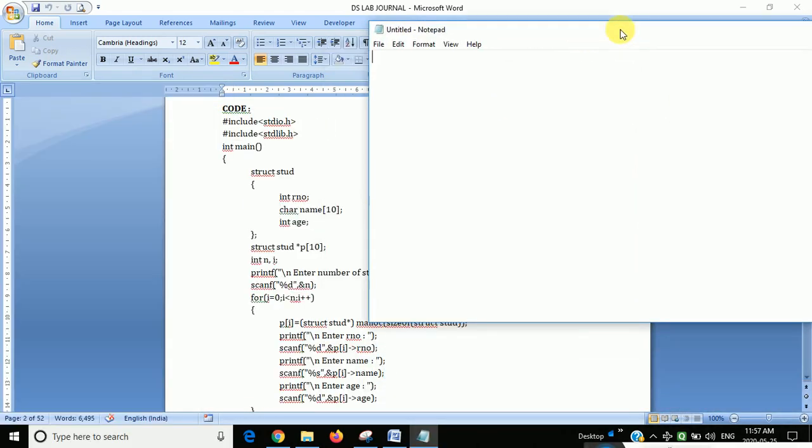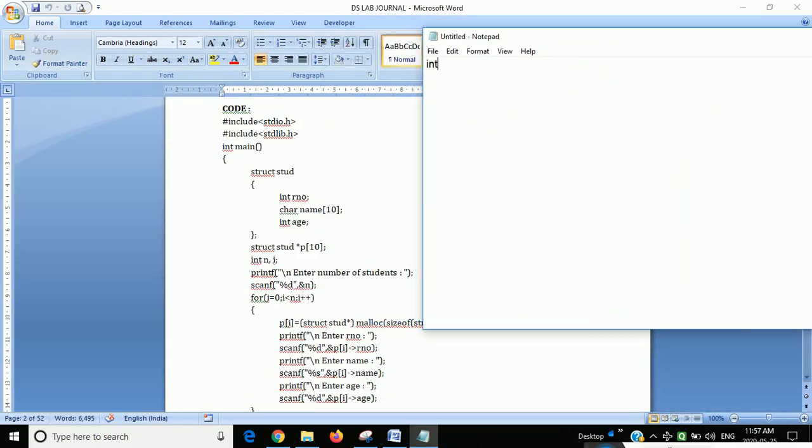In int there are numbers 0 to 9, and for character there is A to Z, and capital A to Z.